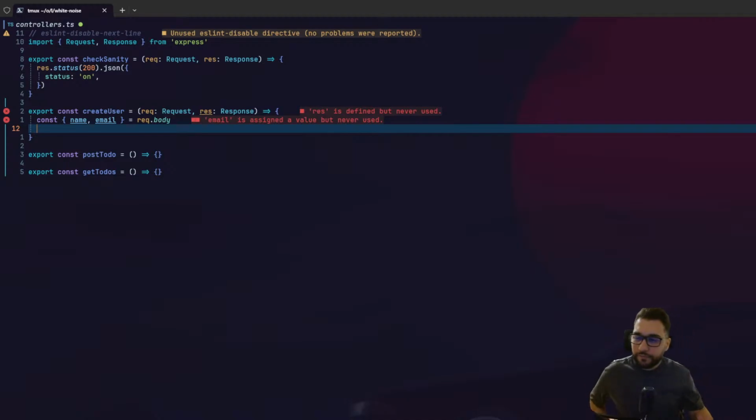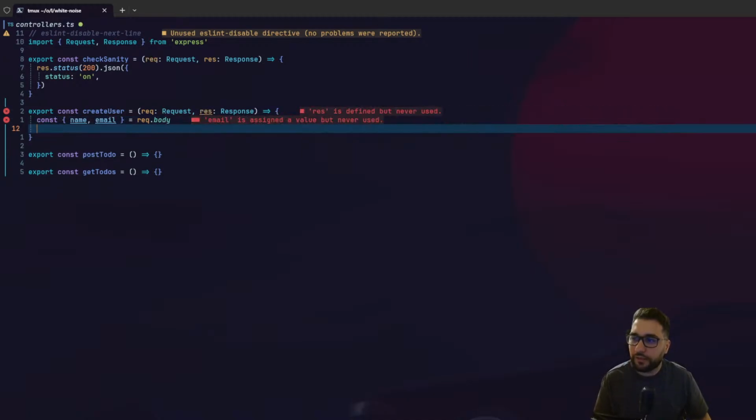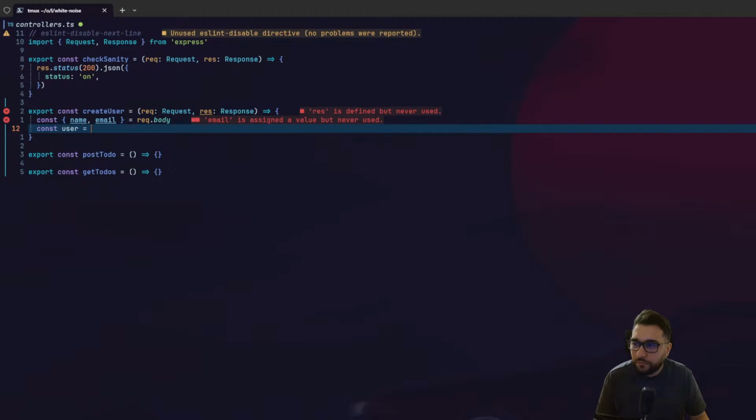Okay, it's assigned but the value is never read, that's fine. Why is it saying that? Res, that's fine. Res will be used later. And then our const user is basically equal to await, and here we're just actually going to work